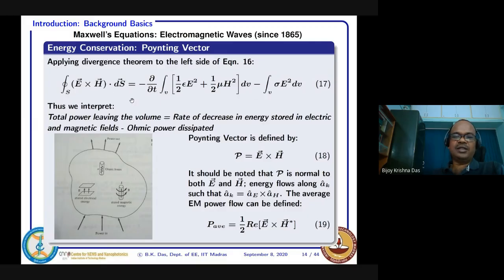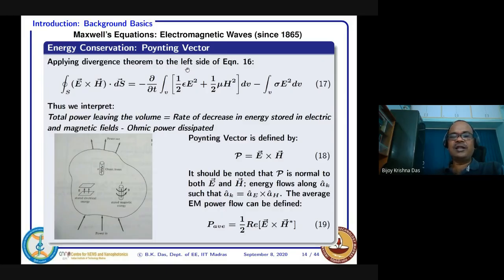So if you think about this, we interpret the total power leaving the volume as the rate of decrease in energy stored in electric and magnetic fields. Okay, rate of energy decrease. That means if it is decreased, that much will be coming out, right? But it will not be entirely coming out. Something will be lost because of the ohmic power dissipation, this part. So if you just see the right hand side, rate of decrease in energy stored in electric and magnetic fields minus ohmic power dissipation, that must be the total power leaving the volume,